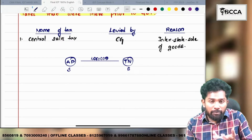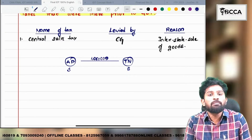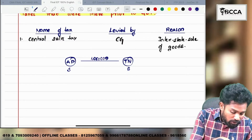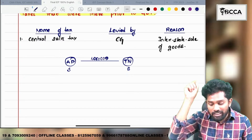So there is a fight between them. AP says the seller is the only one who is important. Tamil Nadu says the buyer is the only one who is important. So both these states will have a fight regarding who has to take the tax revenue. So to reduce those conflicts between the states, the central government is involved, and on interstate sales the central government